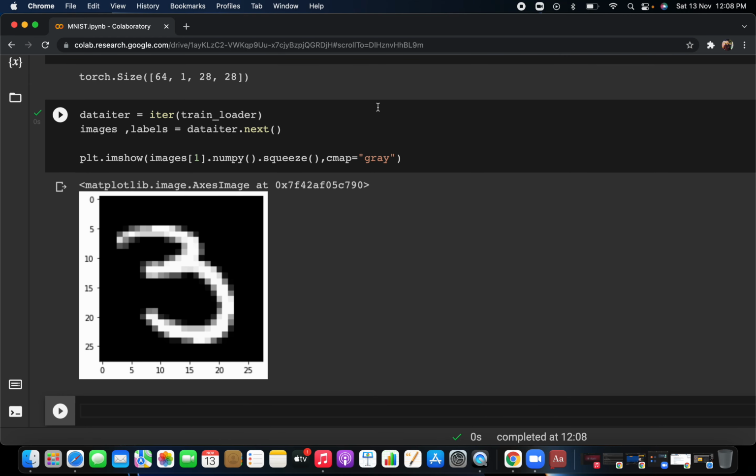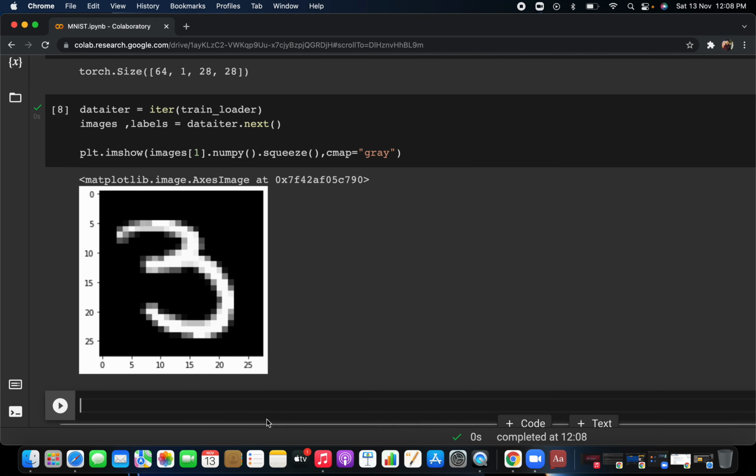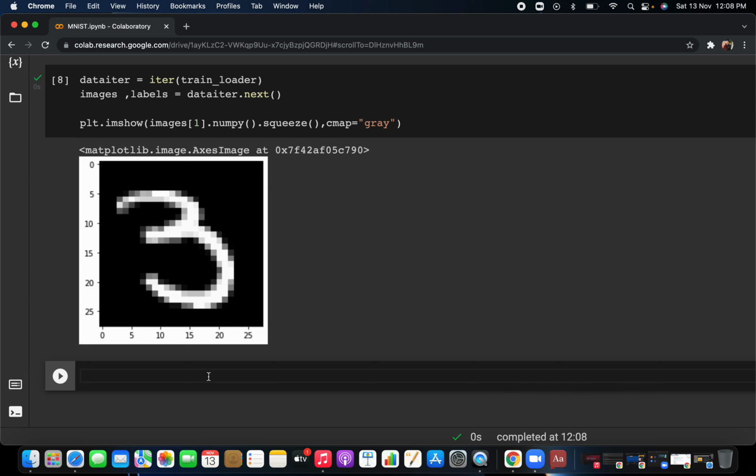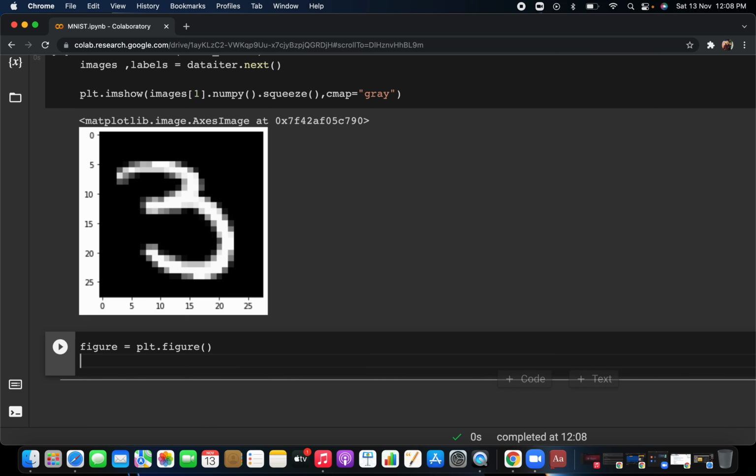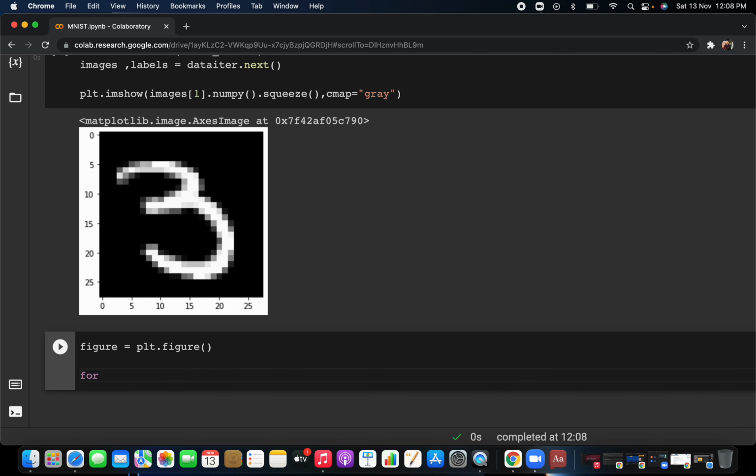And even if you want to pass in the form of batches, if you want to see everything in one, we can do one thing more. If you want to see all 20 images in one image, you can do that also. First of all, let's write plt.figure, that's it. By default the figure size will be something like 8 by 8. Then you are visualizing these images one image at a time. If you want to see all 20 images at a time, you can use the concept of looping.